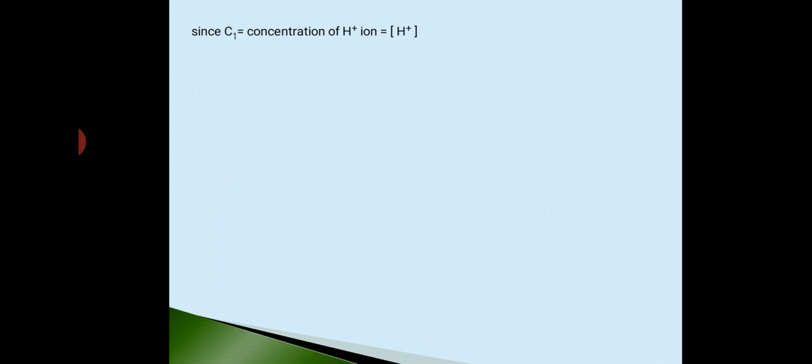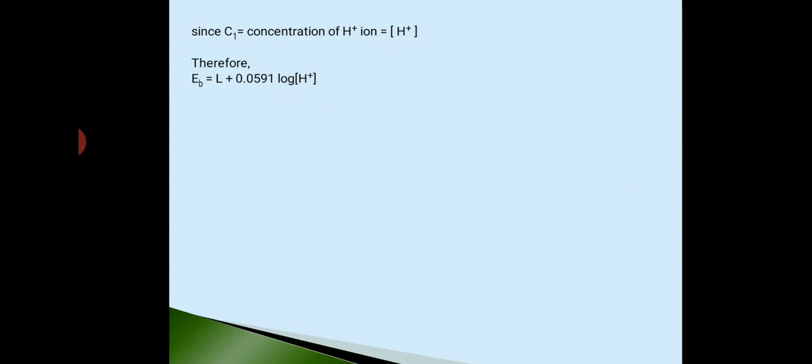Now pH didn't come into the picture, now it will come. As you can see, what is C1? C1 is nothing but the concentration of H plus ion. Okay, so how can I write the EB equation? EB is equal to L plus 0.0591 log concentration of H plus, isn't it? So C1 is nothing but the concentration of H plus. I can write it in symbolic form, concentration in square brackets, H plus. So I have written here log of H plus.